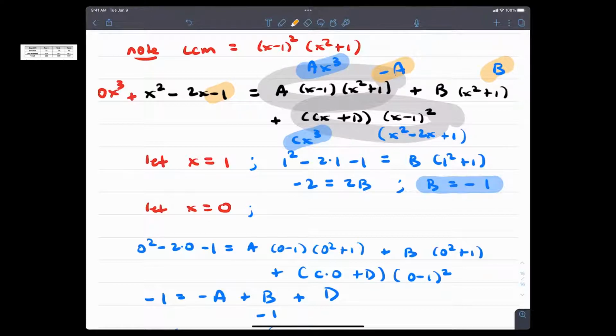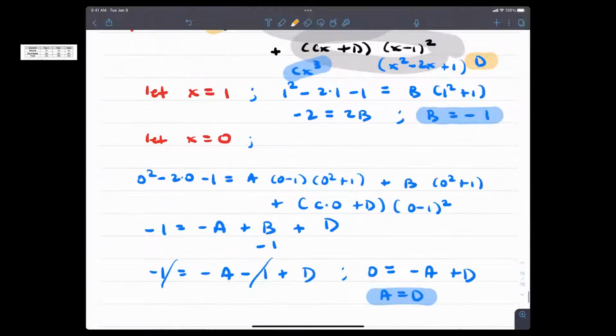Okay? And then my last term here, I think, will be a d. Now, I hope I don't really mess this up. I'm doing a combination, right? So if I had to multiply this cx plus d times the x squared minus 2x plus 1, I think that last term will be just a d. All right? I think so. So what does that mean? Negative a plus b plus d